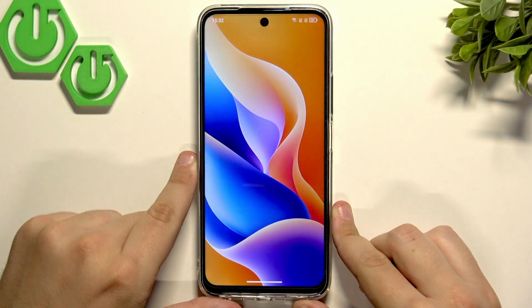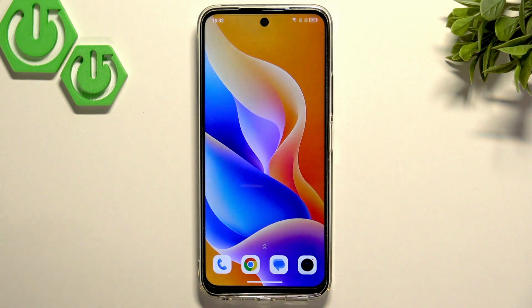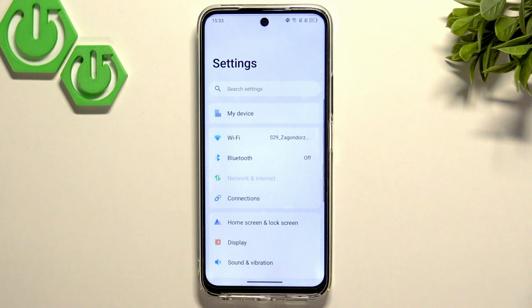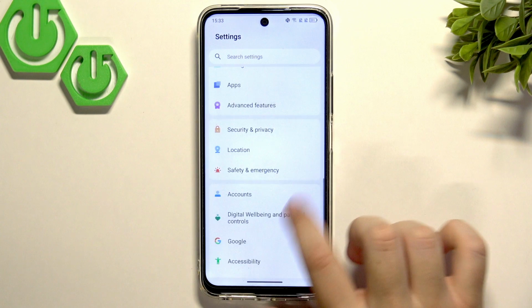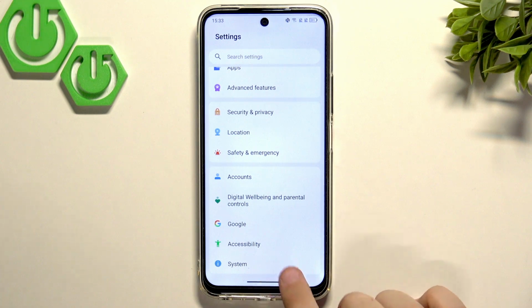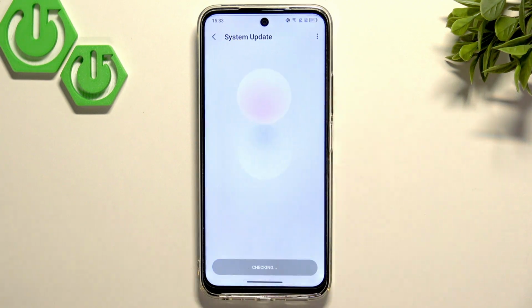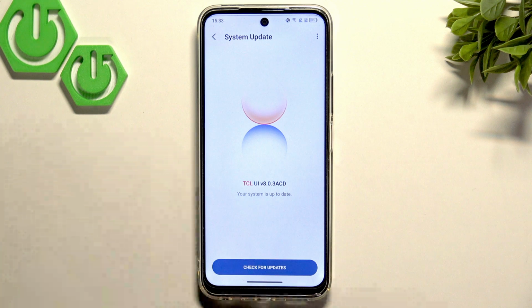After you unlock the device, go over to the settings, and in those settings we need to go completely to the bottom, to the system. Now let's click on system update, and here make sure that you're running the latest version of your TCL UI. I'll double check it for you. I'm running the latest version, and if you're not, then I recommend updating it. It's very good, and I recommend updating it because it can fix a lot of glitches, including the headphones